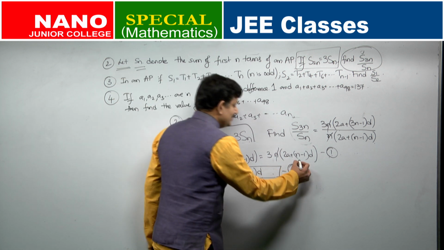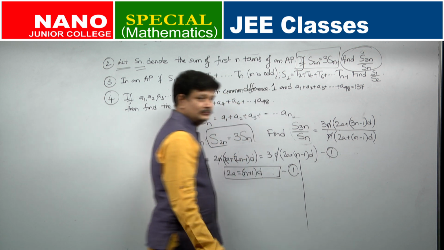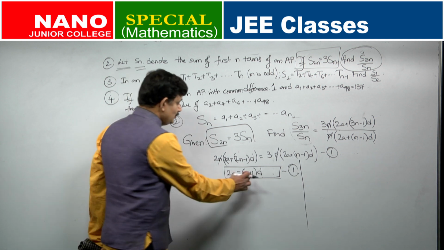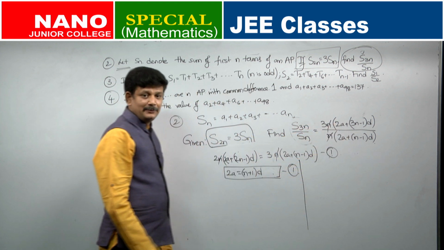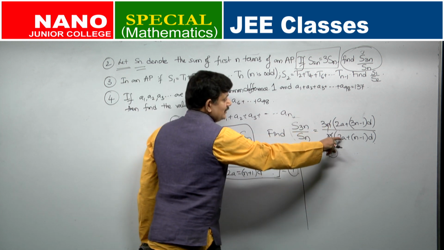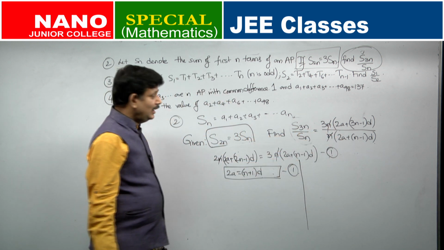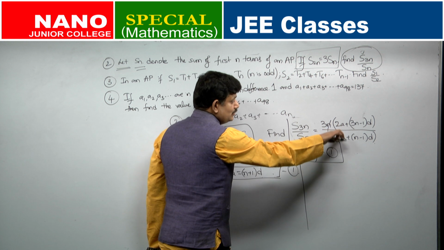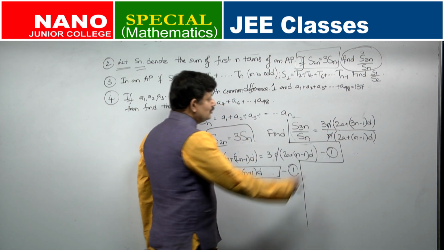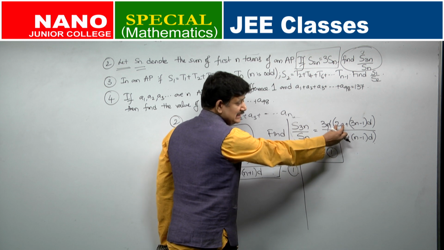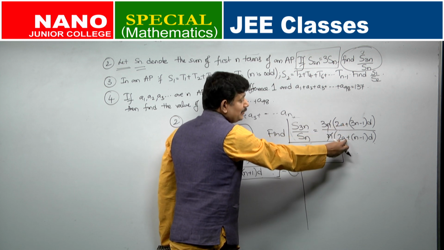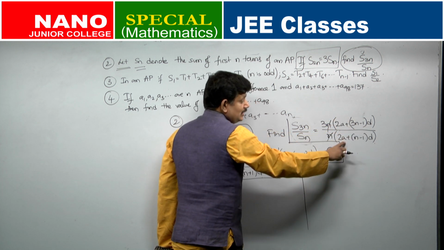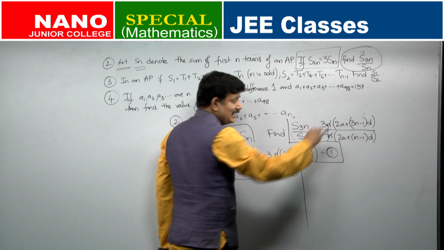So, what I have to find is this 2a, what can I replace it by? n plus 1 into d, right? 2a I will directly substitute with n plus 1 into d, both in the numerator as well as in the denominator. Is that clear? Just try to visualize n plus 1 into d here and n plus 1 into d here. Can you see d throughout? n plus 1 into d, 3n minus 1 into d, n plus 1 into d, n minus 1 into d, d is getting cancelled, right.